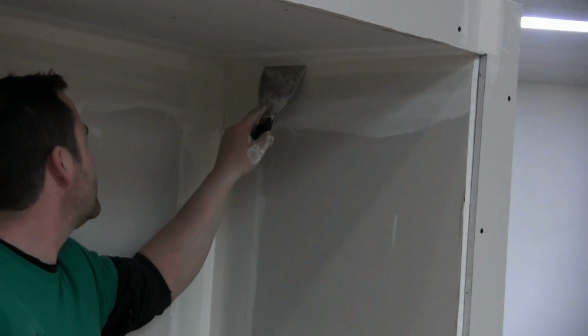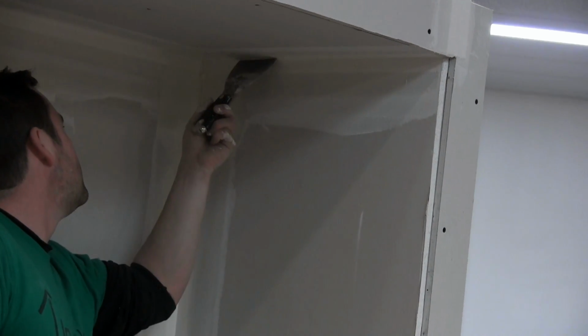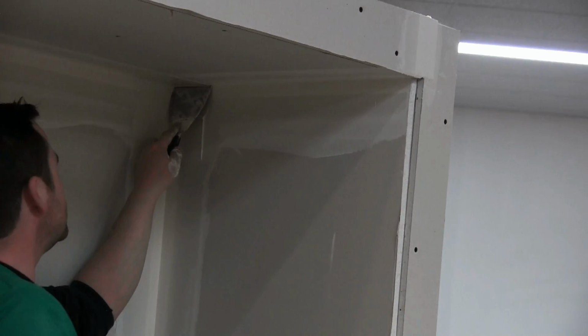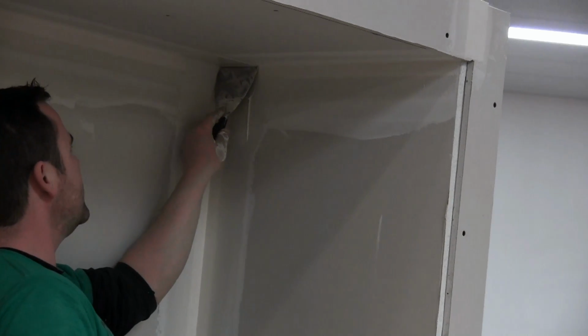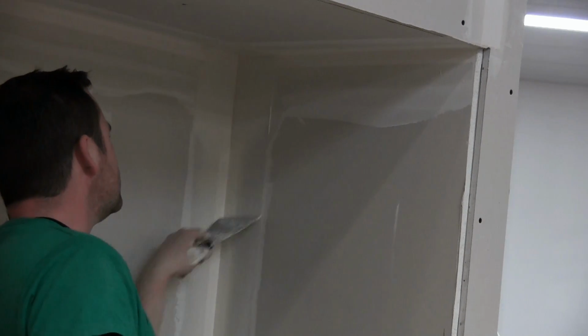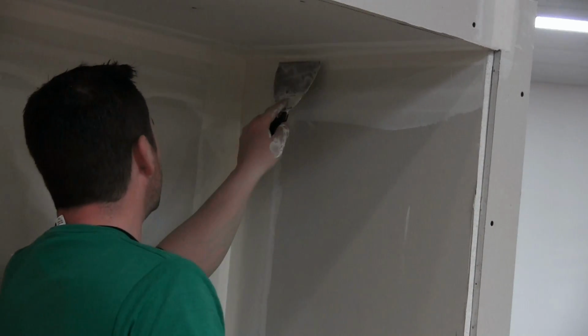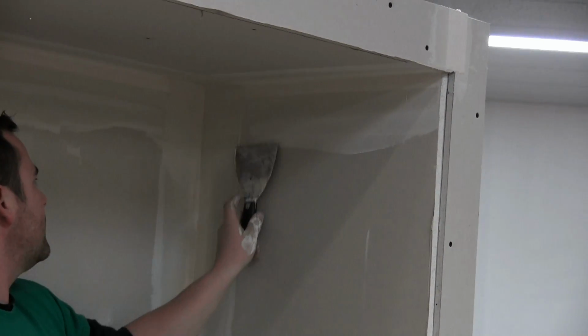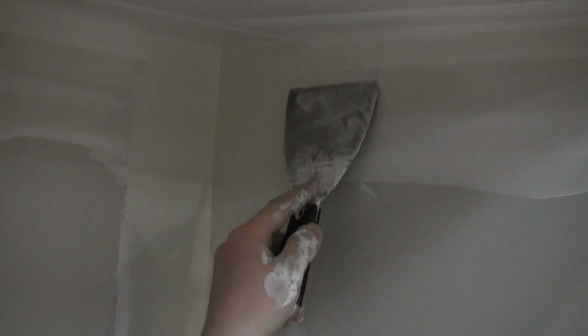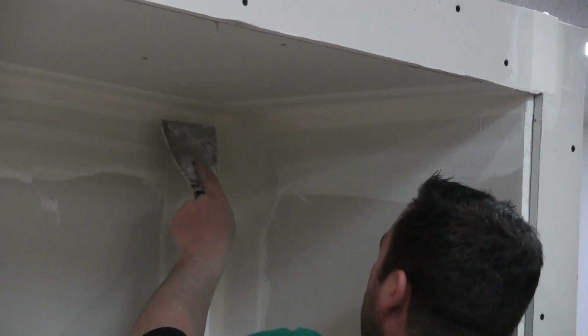So I'm just going to get rid of the excess along the edge. Then I'll try to get this coated. Now same thing goes when you're coating. Instead of going square like this, just start to tilt it so that you don't drag the mud out of the other side of the corner. Now with this little line here, if you can see that, what I like to do is just put lots of pressure on the right side of my knife, pretty much all the pressure on there, and just go over top of that so that I don't take any mud out of there. Then I'll go to this side,